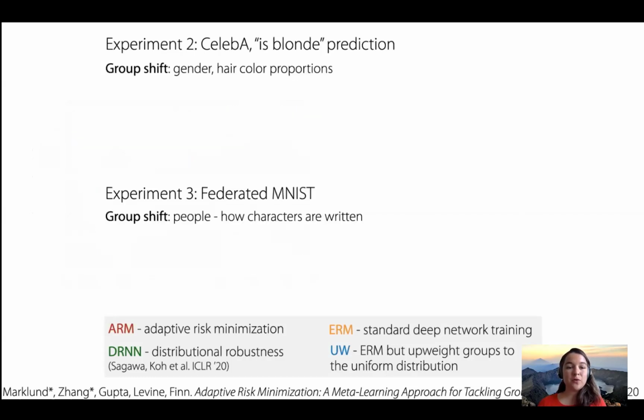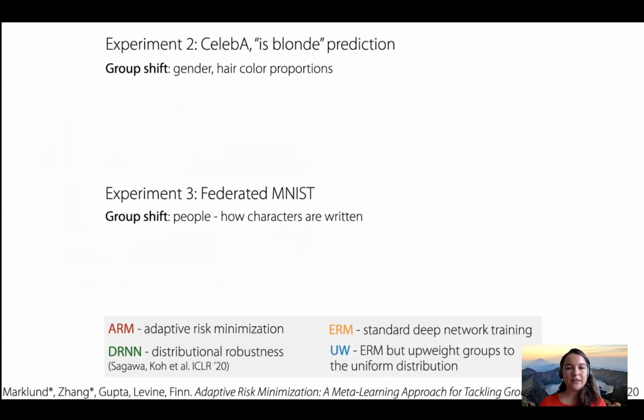We also looked at two more experiments, one that is based on the CelebA data set, and one data set that is called Federated MNIST that essentially has different people writing different characters, not just digits, but also the English alphabet, so all the letters in the English alphabet.